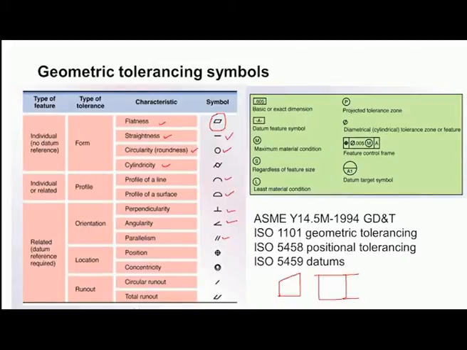Similarly, for location and runout, these are the symbols used, and this is known as the feature control frame.